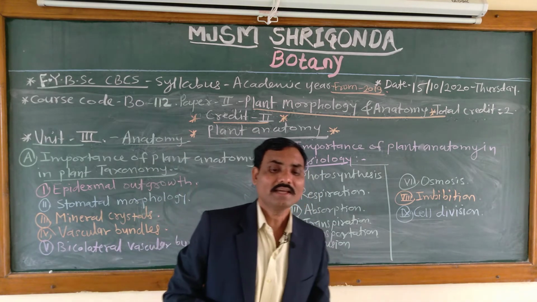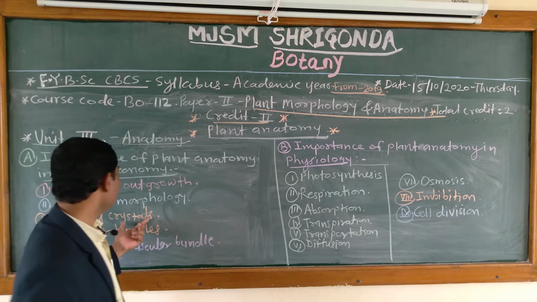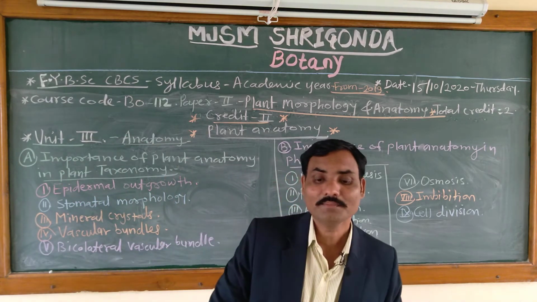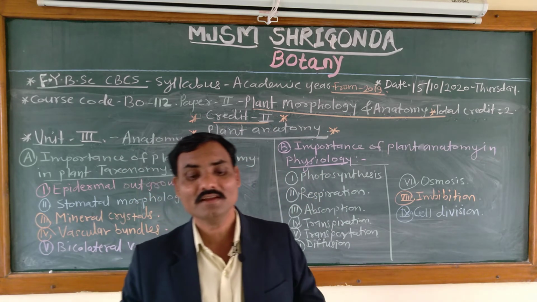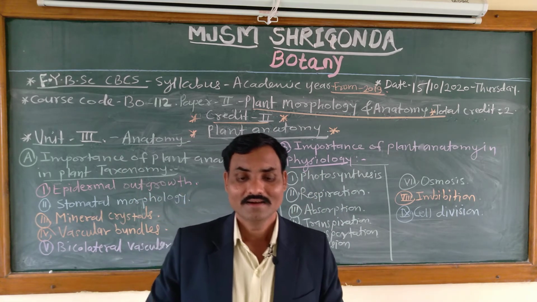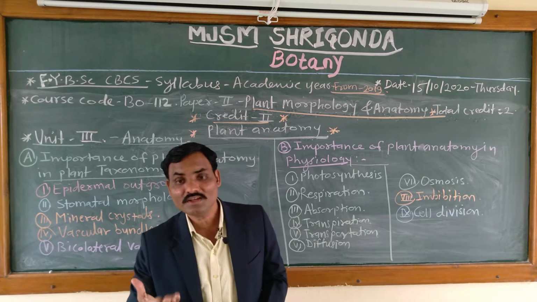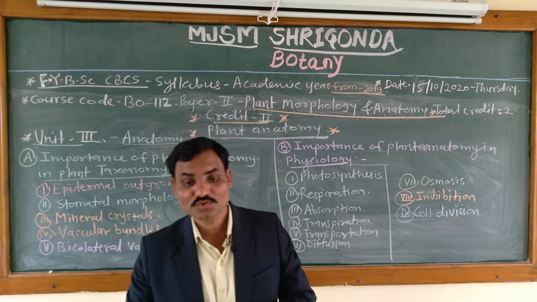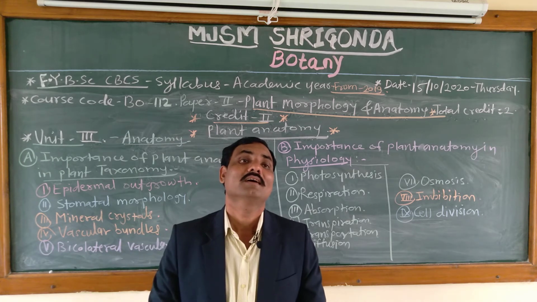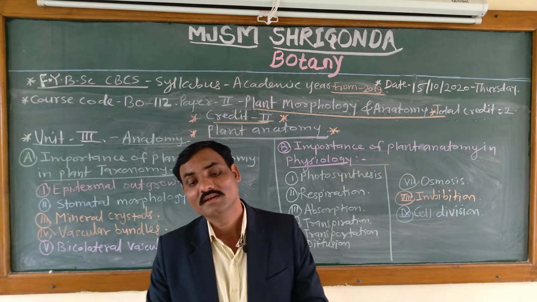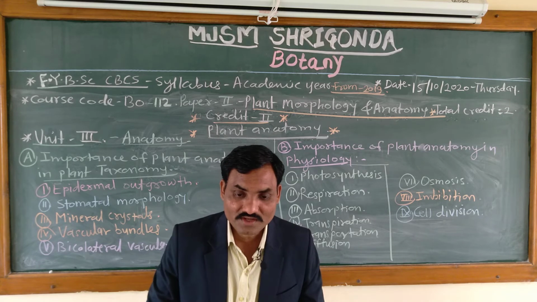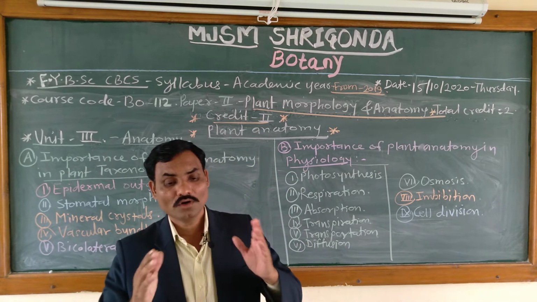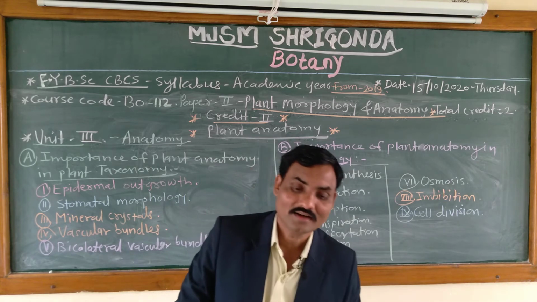Then another characteristic feature is mineral crystals. What are mineral crystals, how are they present, in which plant family are they present? Epidermal mineral crystals are noted in the Cruciferae. Then cystolith is also there in the family Acanthaceae. Cystoliths in Acanthaceae, then crystals in Cruciferae and Urticaceae. In Acanthaceae and Urticaceae we find these cystoliths.